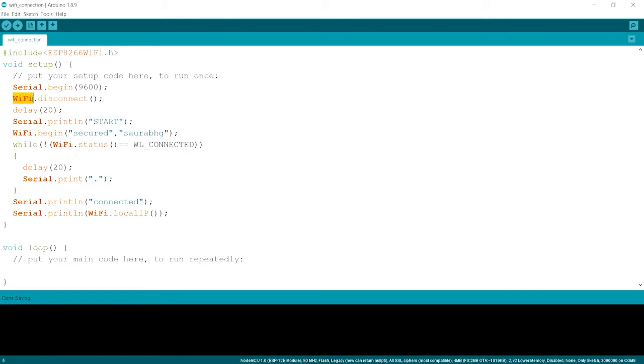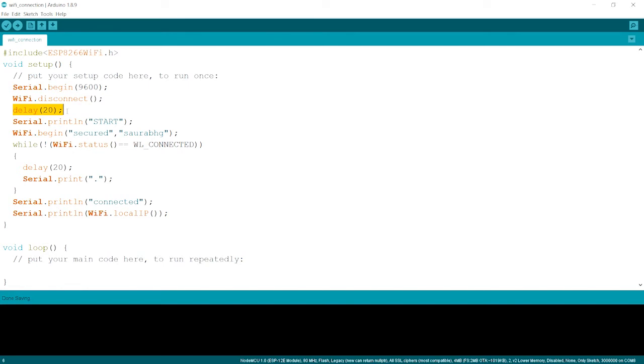After this, we will disconnect the Wi-Fi. Wi-Fi disconnect means, if the board was connected to any other Wi-Fi connection previously, it will first disconnect it and then start with the new connection.